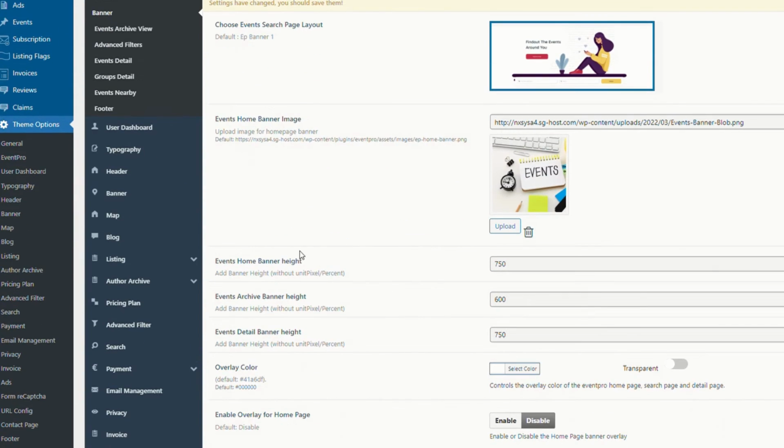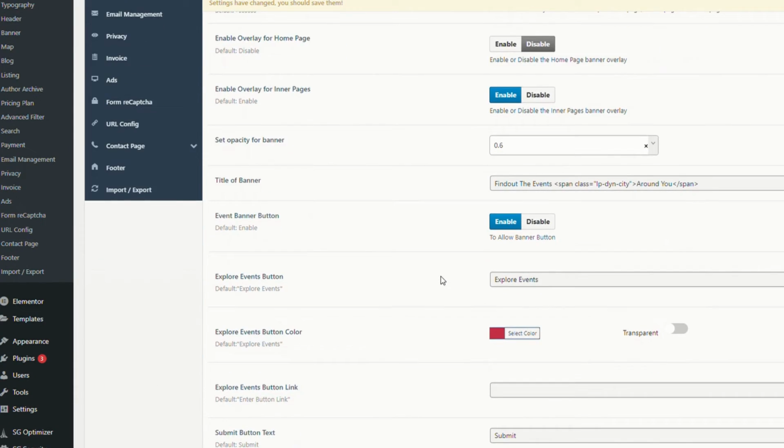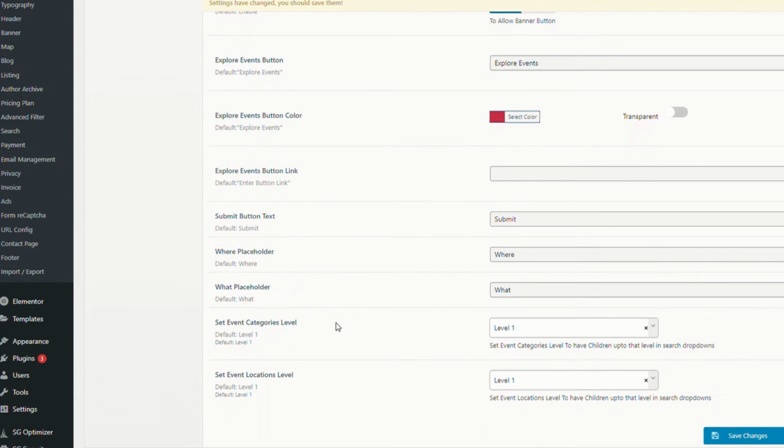Okay, so for these other options here, we're just going to keep going past them. They're fine for now. I've checked them before and it works really well. Just going down a little bit further, we do want to make sure for our set event categories level, I've got these as level 1 for the event categories level and the locations, and that just means it's a shorter list to choose from when you're doing a search in that enumerated list. So we'll take a look at that in a minute. Anyway, I'll just hit save changes on this,